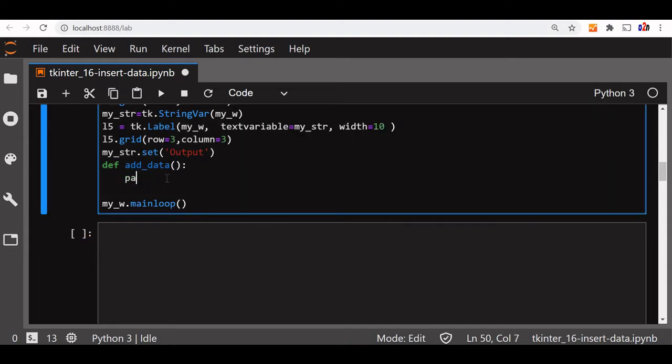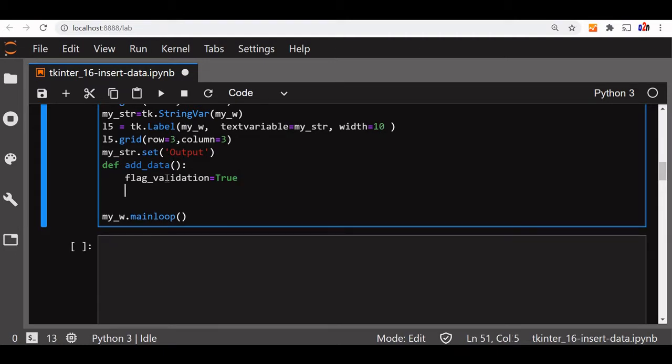Inside our function, we'll start by setting one flag. This is a variable, we are giving it the name flag_validation. We will set it to True, meaning we are keeping the validation clear. Then we'll make it False when any validation fails. For that purpose, we'll now read all the input values from our widgets. The first one is the name, so let's give it my_name equal to t1.